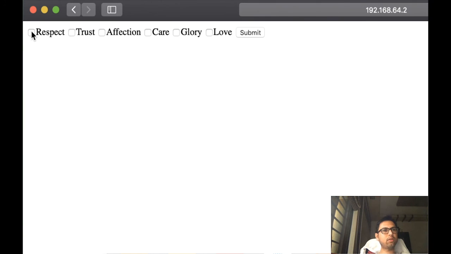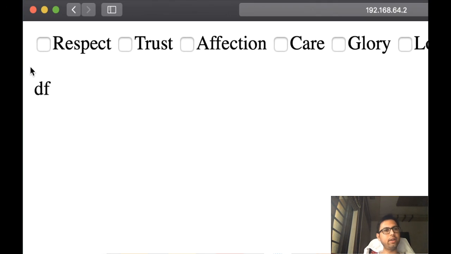So in checkbox, let us say I select this and this only and submit. So which should be the output? Option A is not there, B is not there, C is not there, but the option D, E is not there, and F. So D and F should be the output. Let us submit, and yes, we are getting the output as D and F.